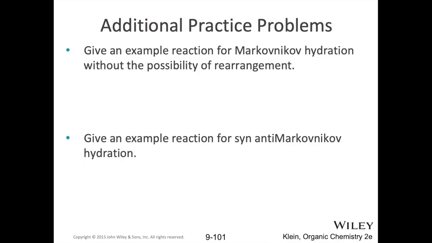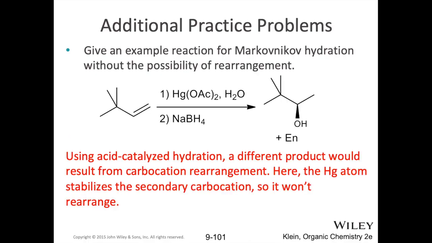Well, you want to use a mercuration demercuration. So pick any asymmetrical alkene and react it with a mercuration demercuration, and that'll give you your product. For an anti-Markovnikov hydration, of course, the example that should come to mind is your hydroboration oxidation reaction. Okay, so remember your reagents for that. Okay, so here's an asymmetrical alkene, and here are our reagents for our mercuration demercuration. Okay, and so notice that out of our two carbons, the alcohol group is added to our more